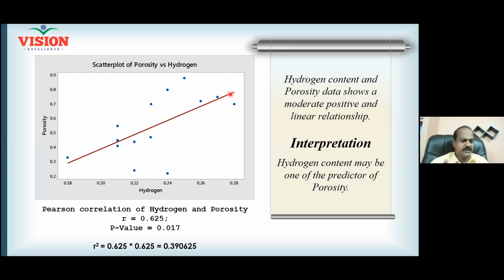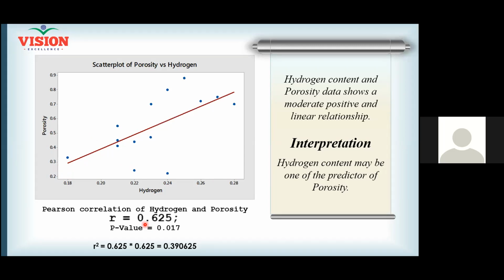And to understand the influence of this variable on the Y variable, I calculate R. How much is the R here? R is 0.625. When R is 0.625, is the relationship weak, moderate, or strong? Up to 0.4, we call it weak, and 0.4 to 0.7, we call it moderate. 0.7 to 1, we call it strong. And this is moderate. And this is confirmed with the p-value also.